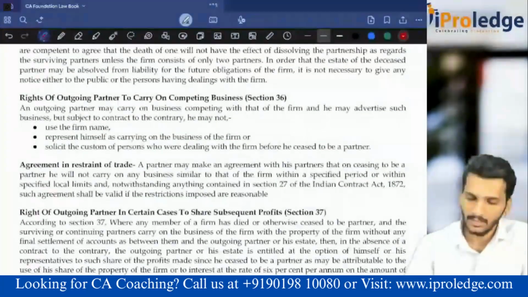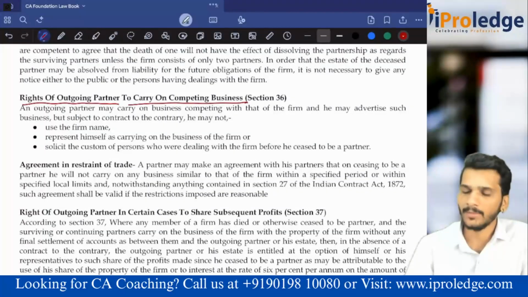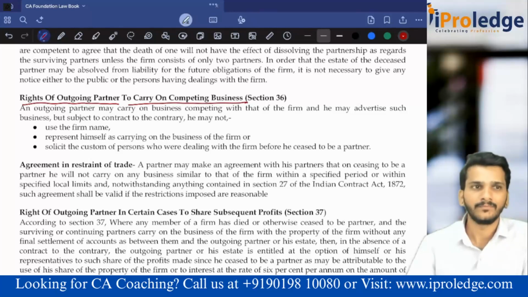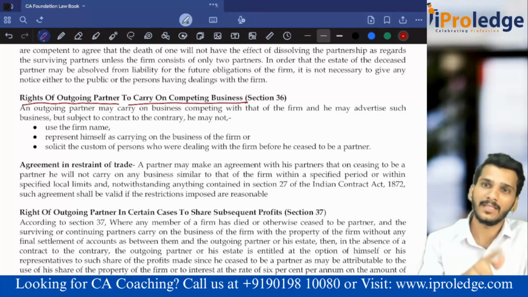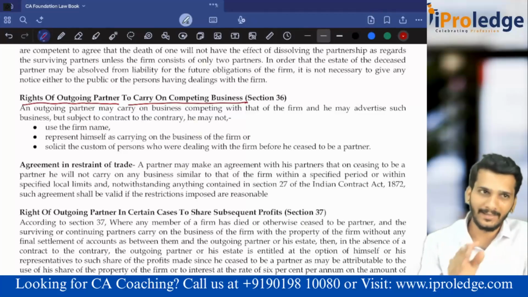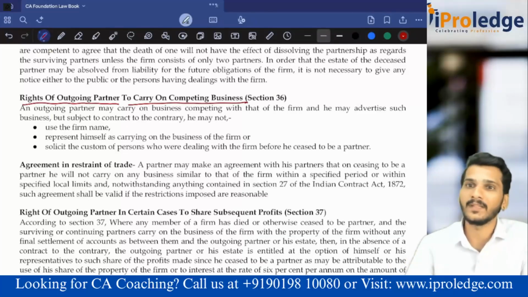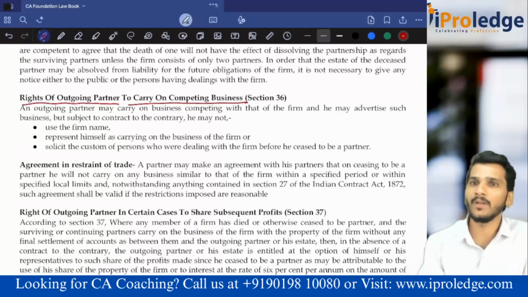Rights of an outgoing partner to carry on a competing business. Can I compete? For example, I am working here. Tomorrow I go out. Can I put up one more academy? Yes, because that restriction is only for sale of goodwill, the same geographical location. No, I'm just employed. Unless there is a non-compete agreement between this firm and me. If this firm says when you go out, you can't open your academy, that non-compete is there, then I can't compete. Unless not, I can do a similar business also. But the main thing is I should not use this firm's name for the purpose. It is not like an extension of Success Edge Academy. It is a separate academy that I wanted to run.